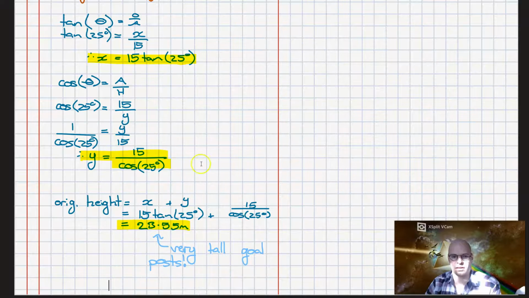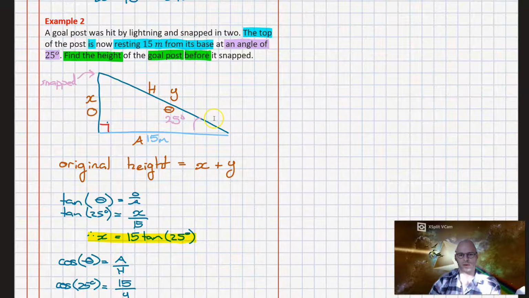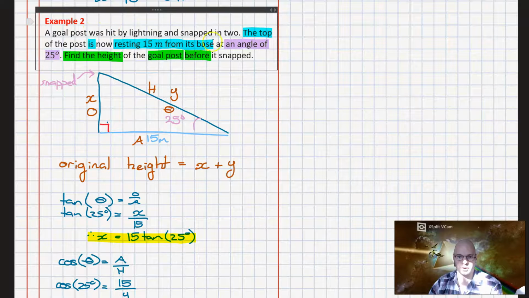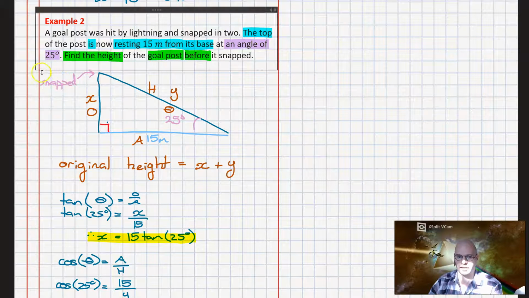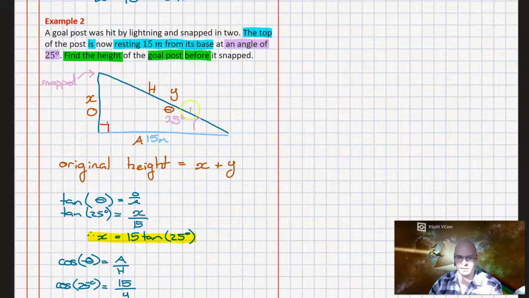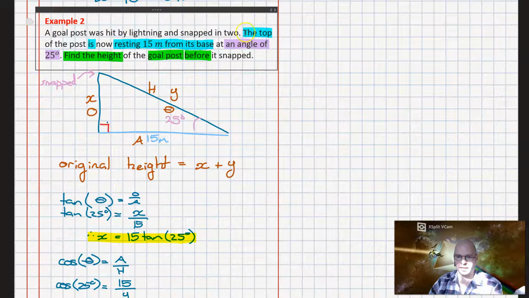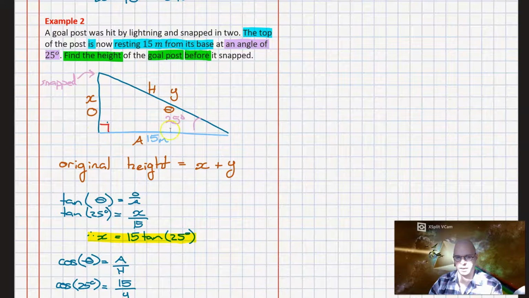So once again, looking back at this particular question, the way in which we solve it is first we read the question and look at what it's actually asking of us. So find the height of the goalpost before it snapped. Then from there we read through a few more times, and each read through we highlight the critical information that's going to allow us to construct a neat diagram with all the information required to analyze. So what I'd done is I'd highlighted the distance the goalpost is resting from its base, so this part to this part here,